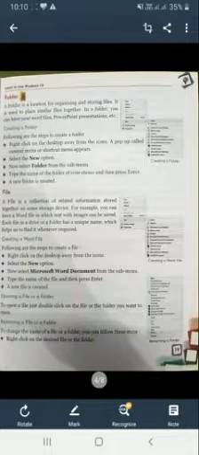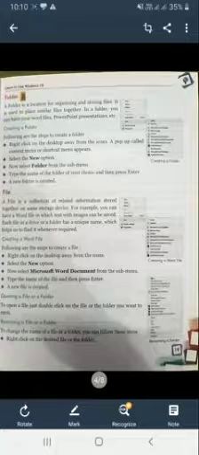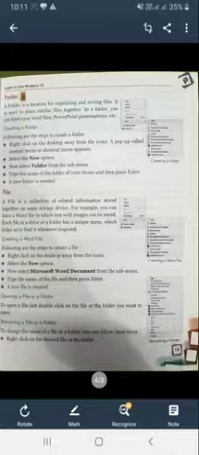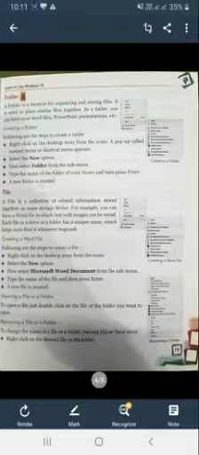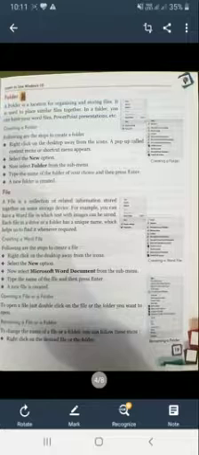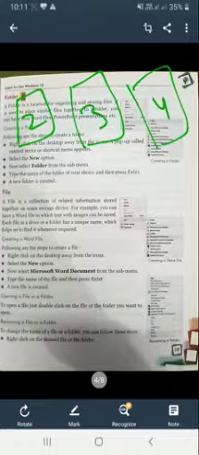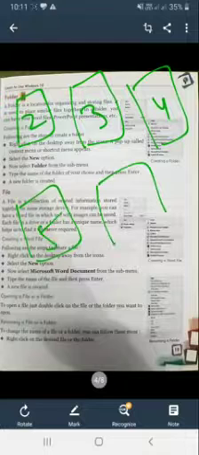Now come to the next point: what are files and folders. First of all, the folder. A folder is a location for organizing and storing files. As you know, I teach class 2nd to class 8th. If I want to make question papers or study material for class 4th, for example, I make folders like this: class 2nd, class 3rd, class 4th, class 5th, class 6th.